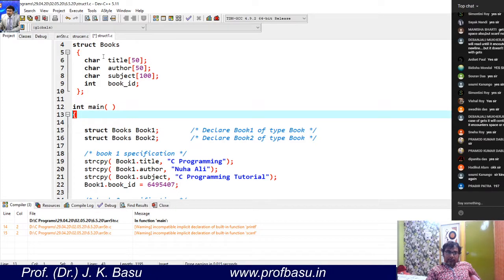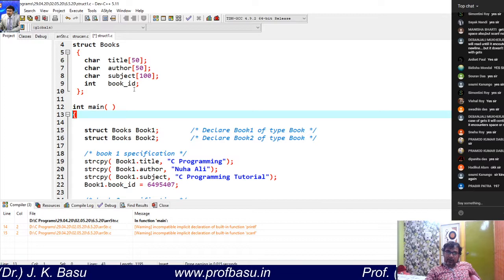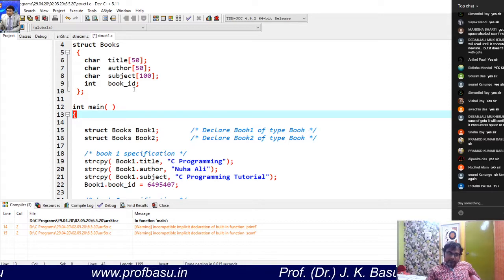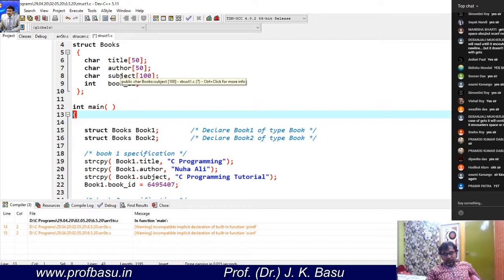Book 1 will have title, author, subject, book ID. Similarly, book 2 will have the same. If you consider a single record, your name is a field, your address, your age, your gender, your marks, all this, right? So now, how do we access the members of the structure